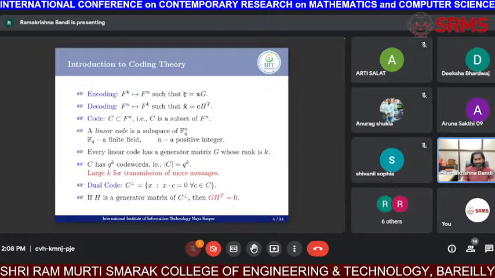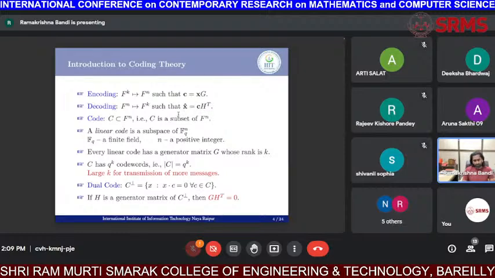Now at the receiver side, he receives a vector of length N. Let's say C is the received vector. From C, he has to extract what X was communicated. For that, he simply multiplies with H transpose. If C into H transpose is equal to 0, that means C is a valid code word, because all code words satisfy this relation. So we can replace this G by C here. If C into H transpose equal to 0, then C is considered a valid code word, because it is orthogonal to all the vectors of C perp. If it is not equal to 0, then you will identify that there is an error.